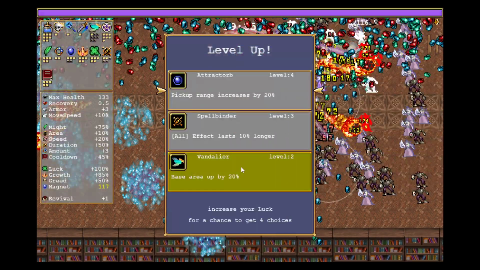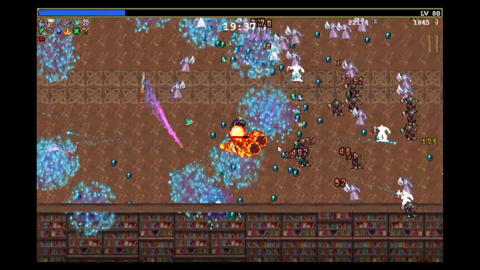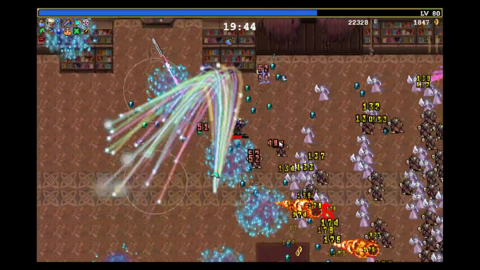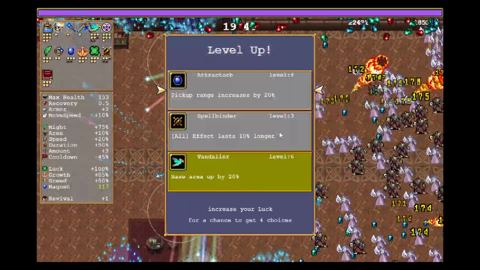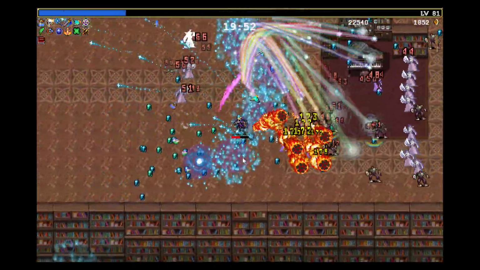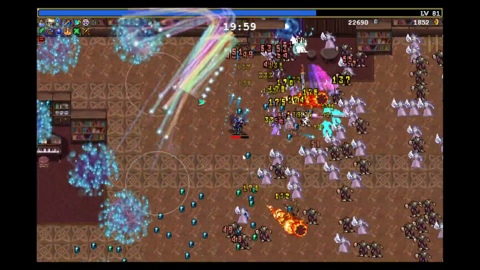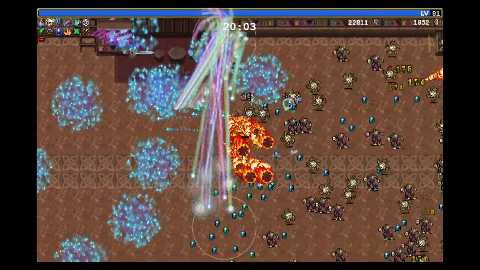Santa Water. Vandalier, Vandalier, Vandalier, Vandalier. Okay, we're at 80. That was the goal. 80 by 20 minutes. I think this is almost ideal in terms of setup. Like, I think we have so much damage, so much kill potential, and on top of that, really high chance of getting the orb due to our...